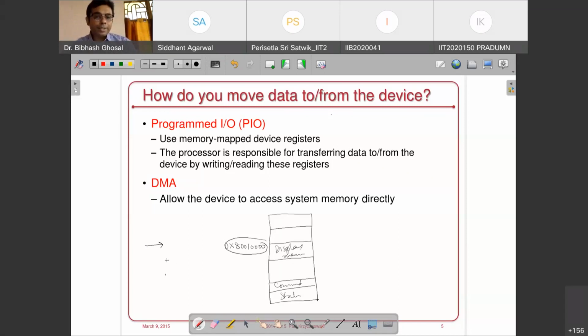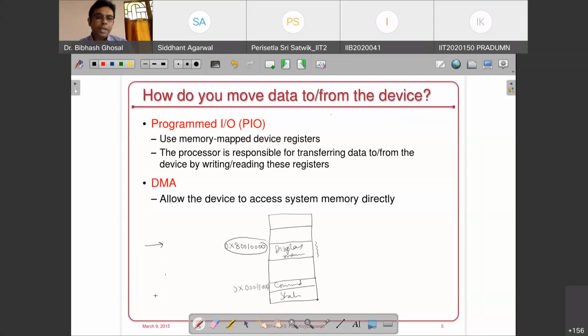So any address which tries to write some data within this range will actually be writing something for the graphics. So whatever data you would like to print onto the display memory has to be written somewhere in this range of the address. Similarly, if you are looking at a particular device whose command register you want to access, it will be something like